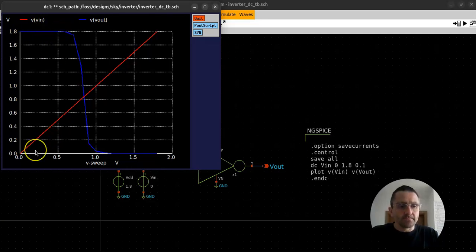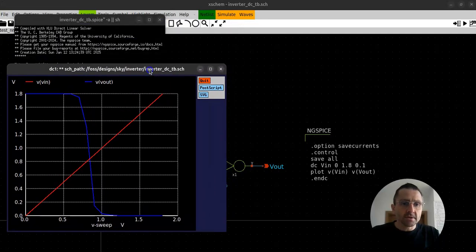For small voltages the output is high, and for the high voltages on input the output voltage drops to 0 again. So this is a simple behavior of an inverter,